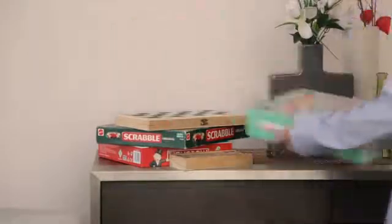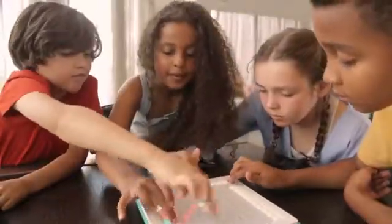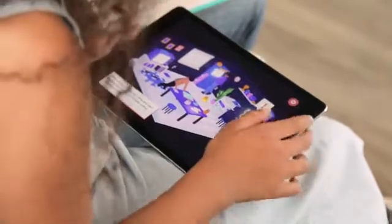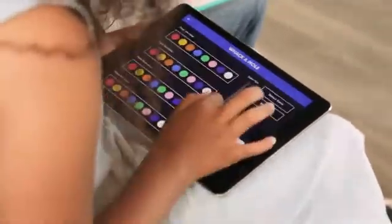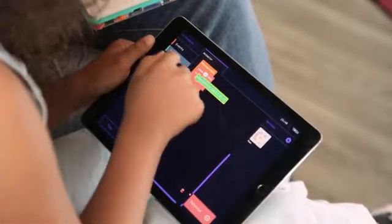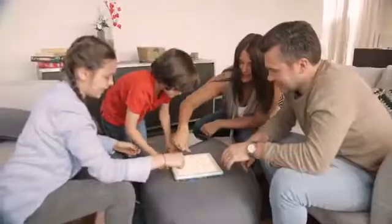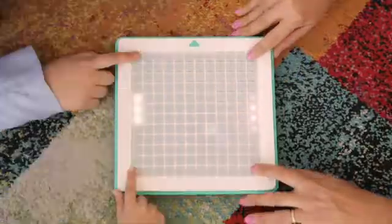Introducing the Arcade Coder, a truly unique gaming experience that lets you and your kids design and code games for friends and family to play together. The Arcade Coder is a games console where you can play, modify, create, and code almost any game you can imagine. With 144 LED illuminated buttons, this truly tactile gaming experience makes it perfectly playable for 1, 2, 3 people,